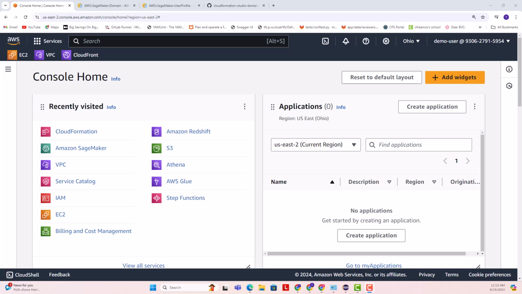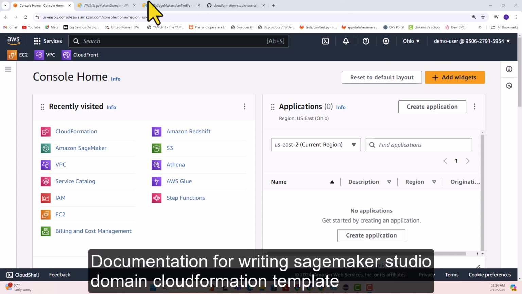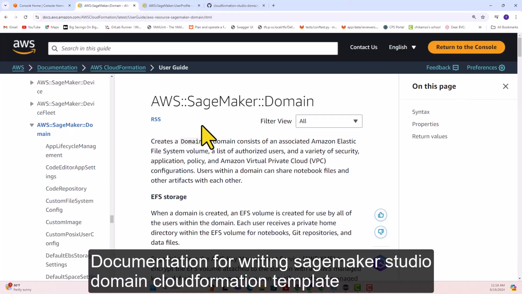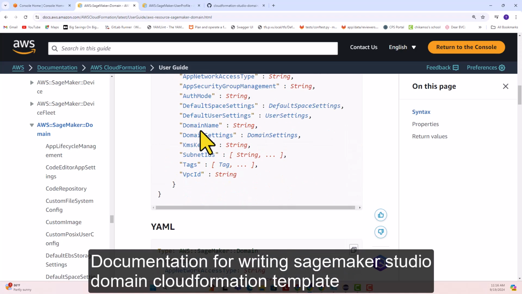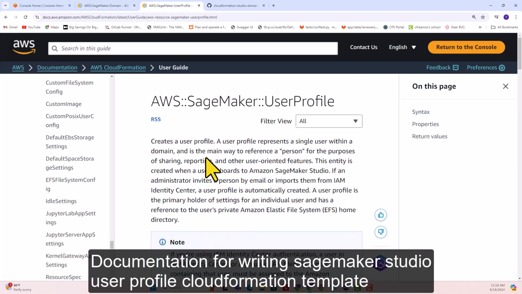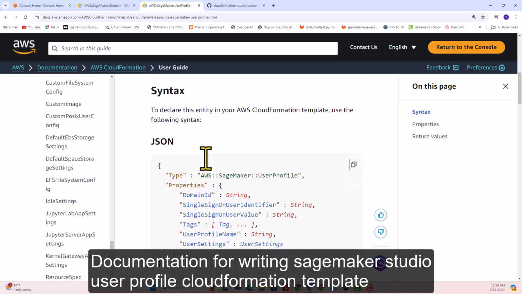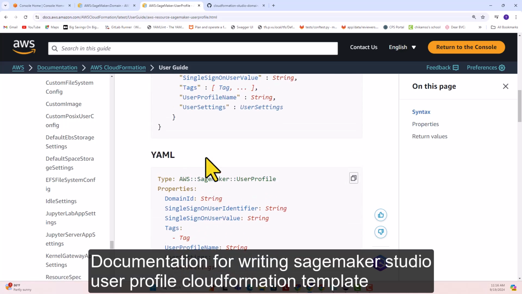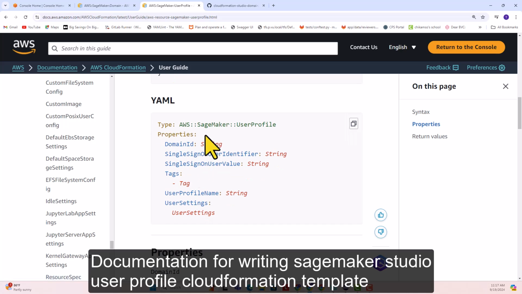First, we need to create the CloudFormation template. AWS provides two helpful documentation resources, one for writing a CloudFormation template for the SageMaker Studio domain, and another for creating user profiles or Studio users. Here is the documentation for writing the SageMaker Studio template, along with the example syntax you can follow. Similarly, this documentation shows how to use a CloudFormation template to create the user profile or Studio users with an example